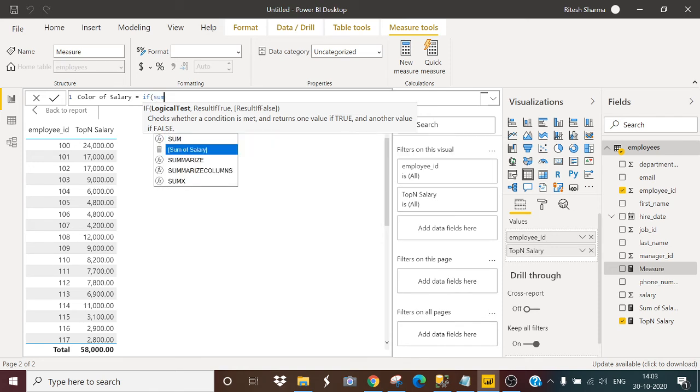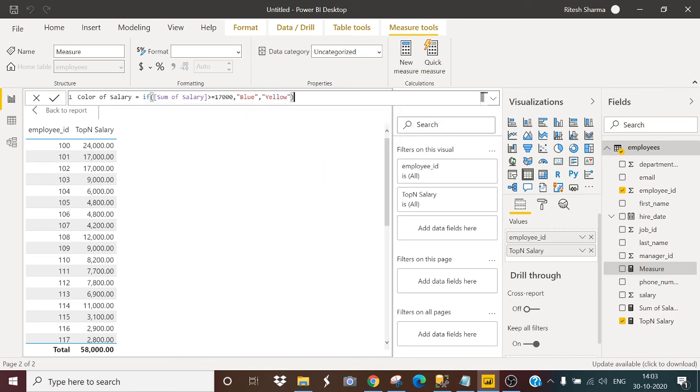If sum of salary is greater than or equal to 17,000, I will take the color as blue, else the color will be yellow. Just close the bracket and hit enter.